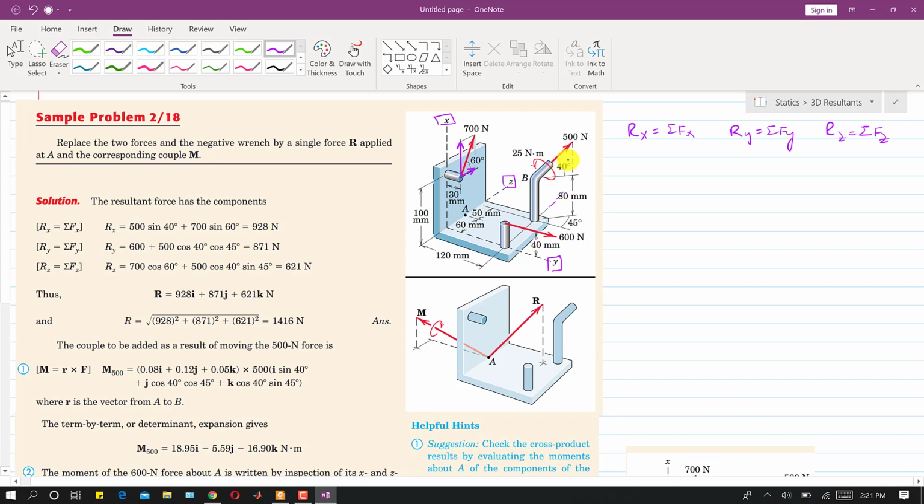And if we resolve this force into its components, one of its components will be located here. Let's suppose we look at this force from the top, so then this will be the FYZ component, and this FYZ will be the 500 cos 40 degrees component, right? And it is in the YZ plane. If we resolve this FYZ into two components, one component will be in this direction and another component will be towards the Z axis, right?